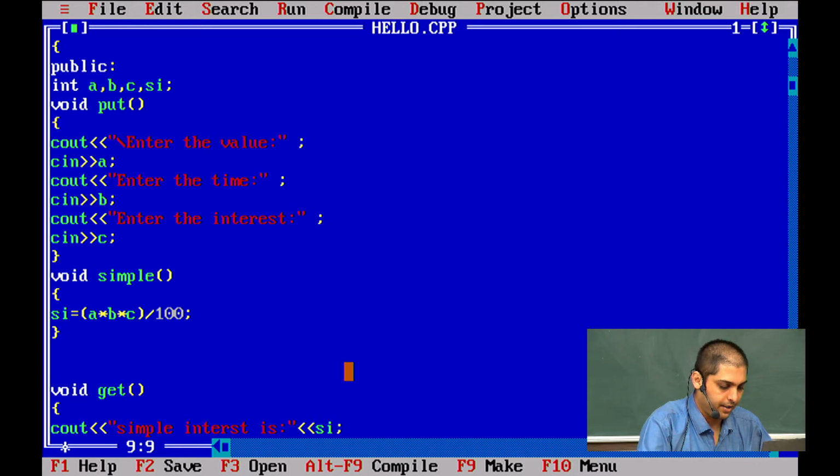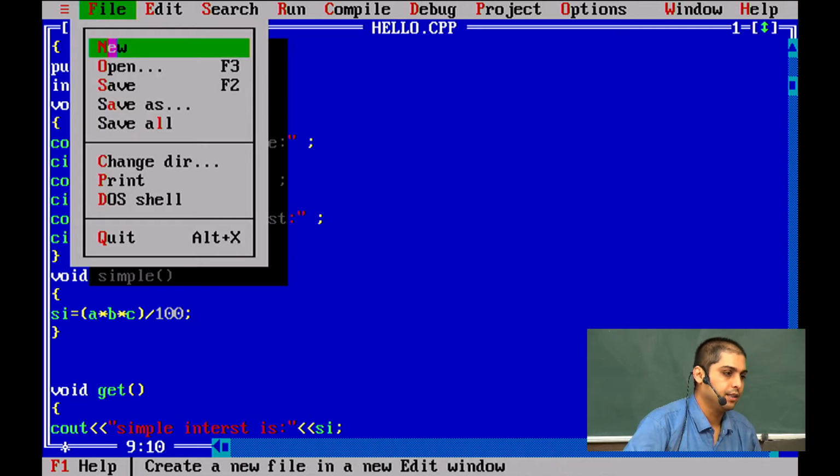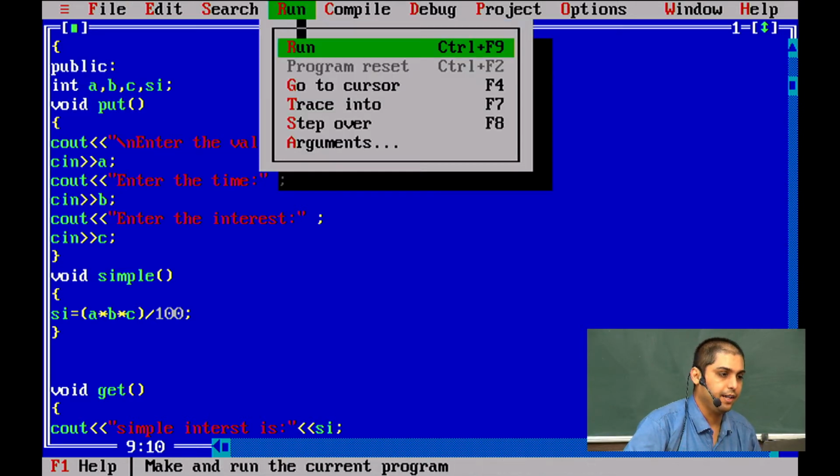Writing here \n, which will change the line. Saving this program and again running this program.